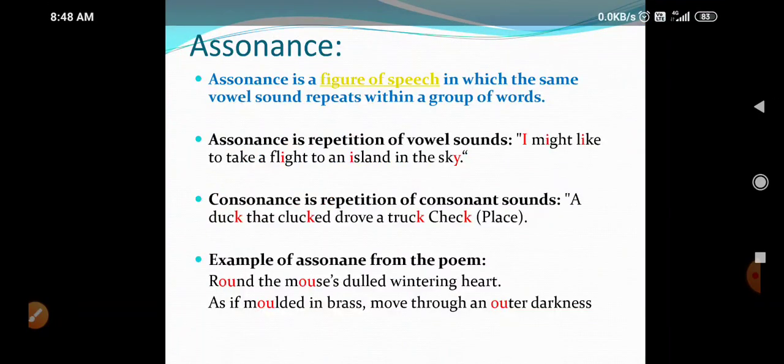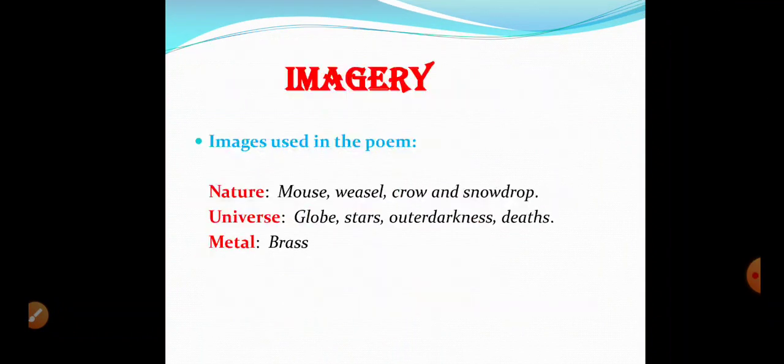There is another thing, the rhyme scheme. It's a light rhyme scheme. You can work it out on your own. Line number 1 and 2 have some similarity. Though that's not a complete rhyme, there is some light rhyme there. Then there are line numbers 3 and 4, similarly, then line numbers 5 and 6. The last 2 lines don't have any rhyme, so this poem has some light rhyme scheme throughout.